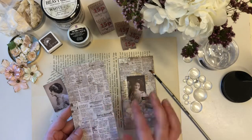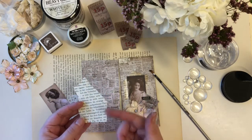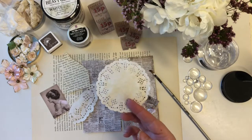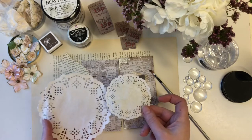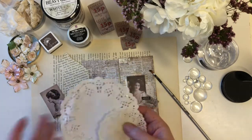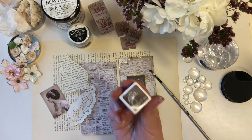I just picked this one. Then maybe any kind of book sheets that you are willing to rip, and doilies, paper doilies. I have tea and coffee dyed these, so they are a bit more stained and vintage looking because of the dyeing process. Okay, then we need stamp ink,